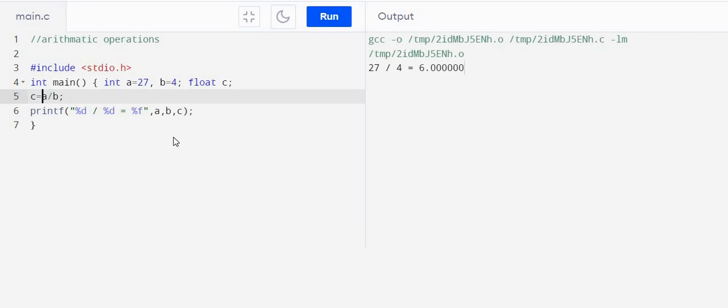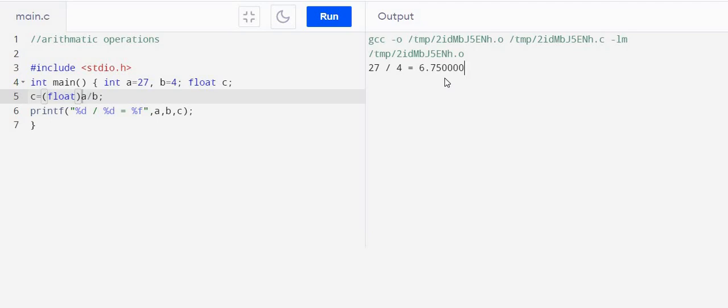So we have to convert the generated integer division answer into the actual float. For that we have to typecast, that is, we have to change the type of the number. So A divided by B is actually integer, we have to convert it into float and then equate it to C. Let's see what is the result. Now we have got the correct result, 6.75.